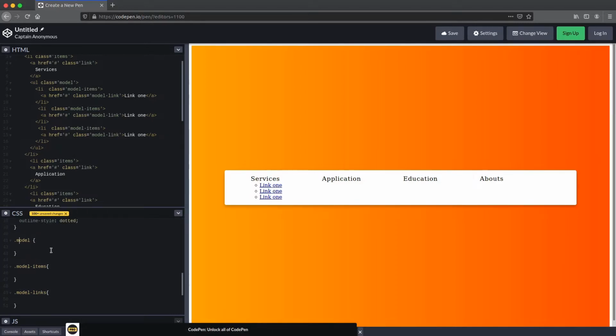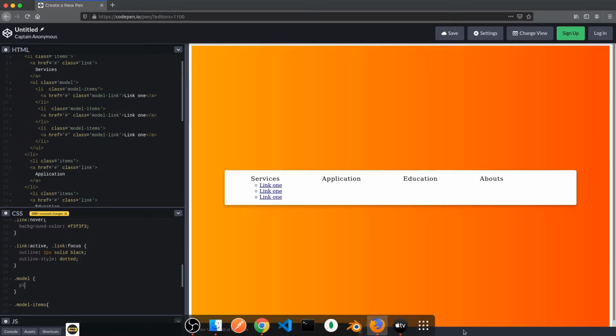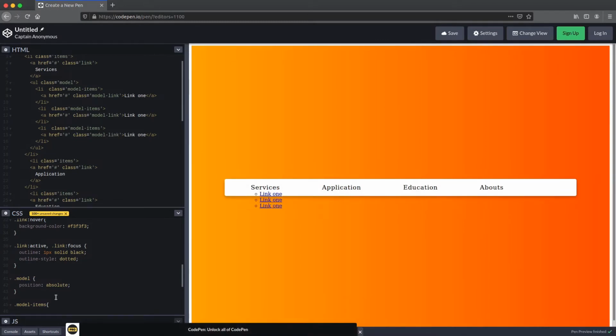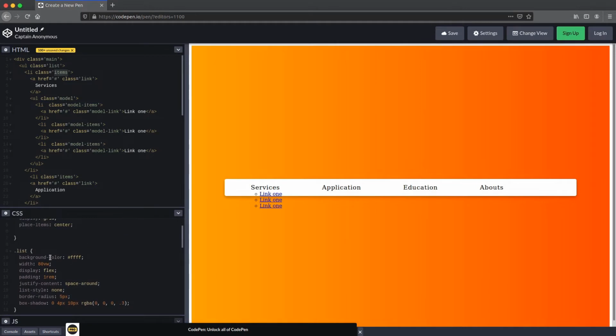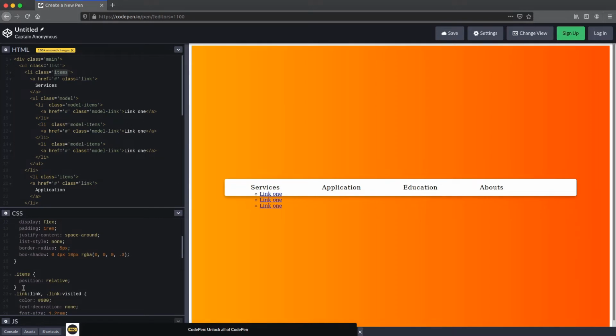So I use the position scheme. Just set its parent to relative and this position to absolute. Oh, sorry, absolute position. Now set its parent to position relative. Its parent should be items. So I go in items. Where is item? Oh, I didn't even select items. Oh, here it is. I already provided position relative.